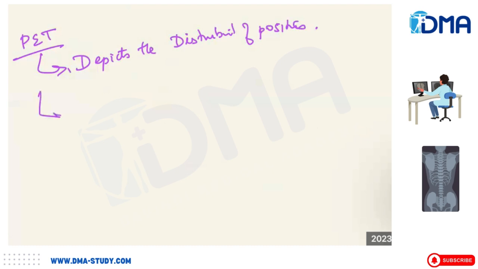The PET scanner usually uses the annihilation coincidence detector instead of collimation, which is used for CT scans. This helps in finding out the active